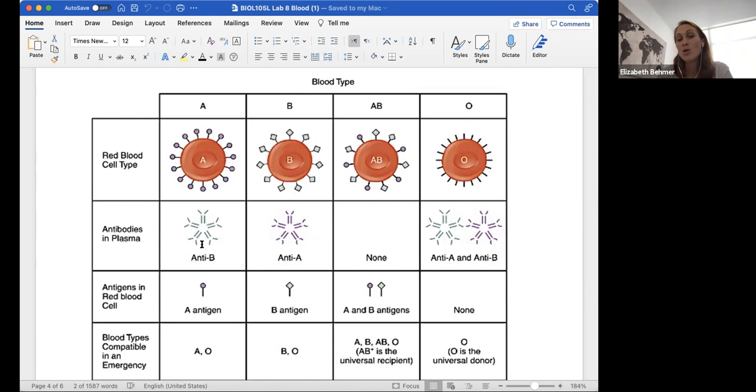So if you look at this right here, this anti-B antibody has kind of a cube structure to its head, so that it'll actually grab hold of this B antigen. If we ever mix type A and type B blood, the antibodies in the plasma are going to actually grab hold of those antigens on the type B red blood cell. And when those antibodies grab hold of those antigens, they're going to cause